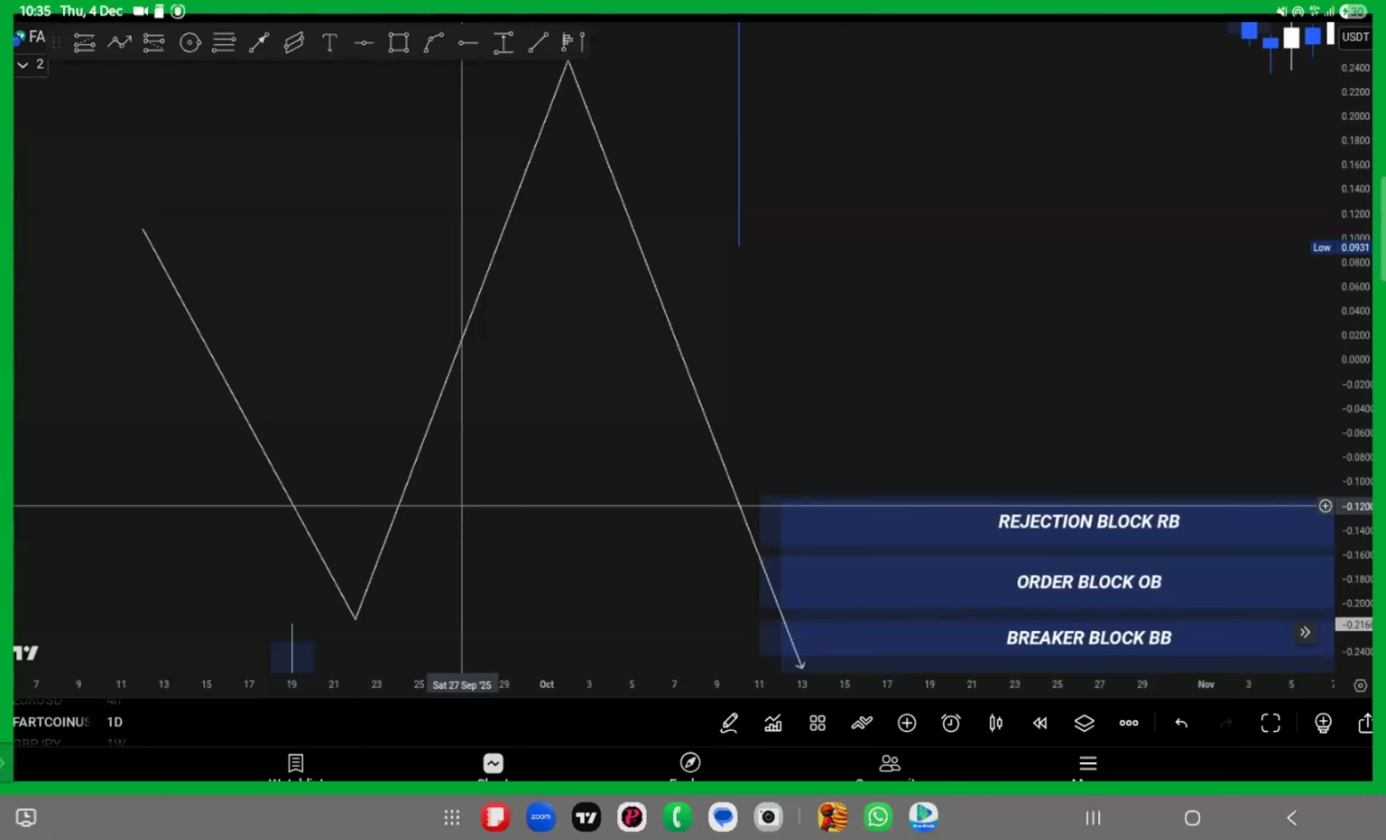And that particular origin of that impulsive move is what we classify as that particular level that we call the order block, because the origin of any impulsive move will be the candle of the opposite trend. Take for instance,